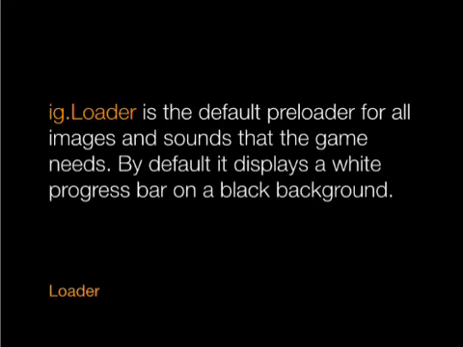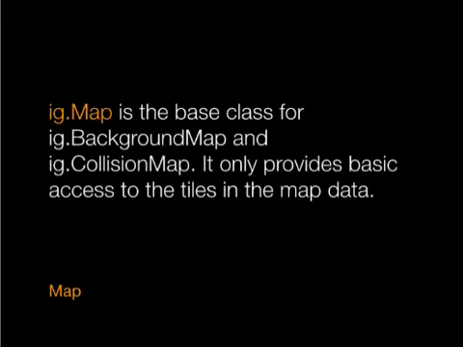The map class is the composite of the background map and the collision map. So you can query the map for all kinds of data, like what is the next tile from where the player is, so you can tell if it's going to be a ledge and if he's going to fall off. And you can actually get access to what specific tiles there are in case your guy goes into water. You want to make sure that he moves a little bit slower or he floats.